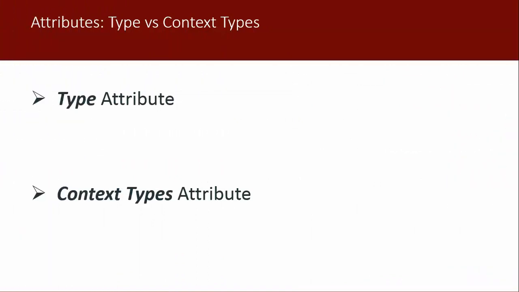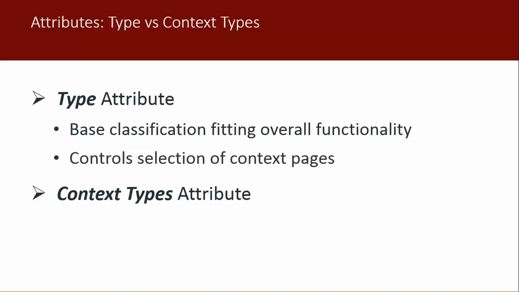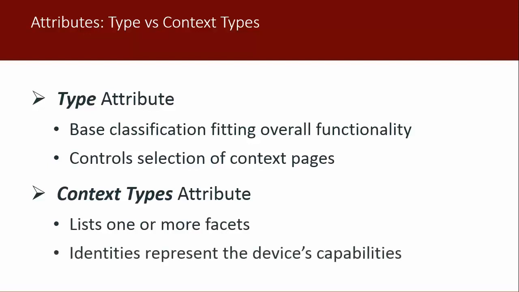The 2 attributes, type and context types, are designed to serve different purposes in device classification. The type attribute reflects the base classification of the device that best fits its overall functionality. Among other things, this controls which context page is used for the device, for example, router, server, or device. The context types attribute lists one or more facets of the device, allowing it to have multiple identities that accurately